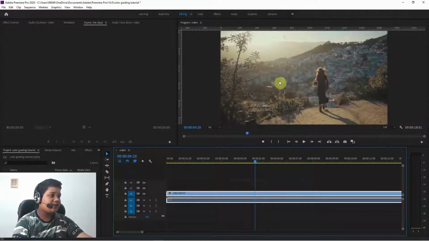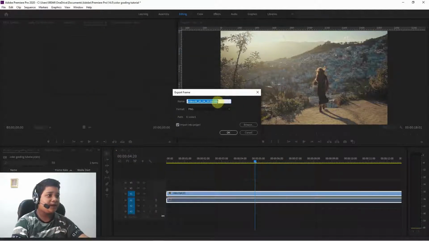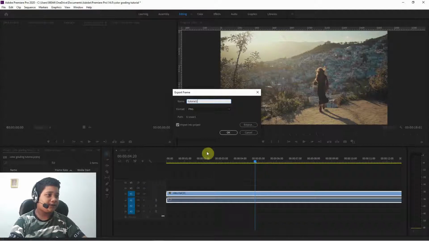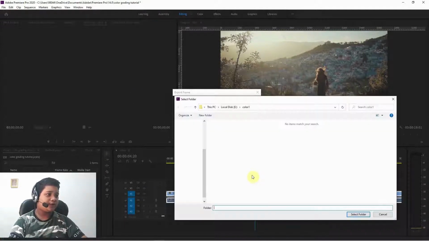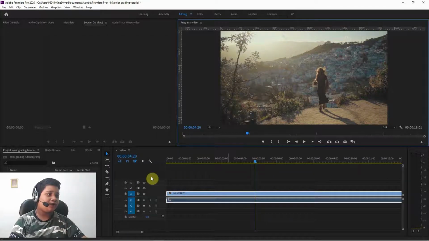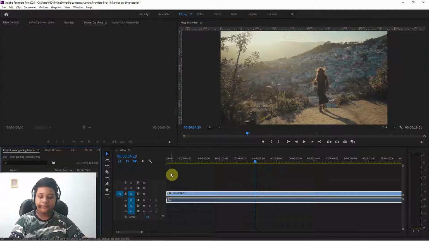So now if I want to take the screenshot of this frame, what I do is click on this little camera icon right here. This is known as the export frame option, so just click on there and this kind of a window appears. Name this photo like tutorial 1, and you can choose any of your folders right here. I have a folder called color 1, so I'll just select this folder and click on the OK option, and that's it. Now I will open Photoshop,